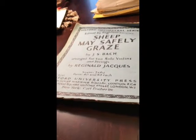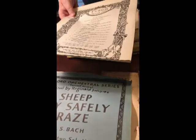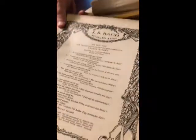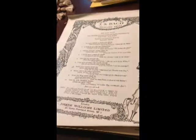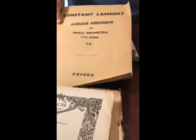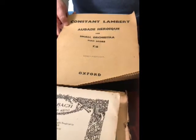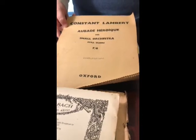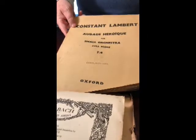Here's some more arias of Bach, and this was published by Joseph Williams Limited in London. Here's a similar one. Constance Lambert is a name that pops up in American history books as an important name in British music of 100 years ago. The heroic evening song, Bad Heroique, and a small orchestra plays that, 7 shillings 6 pence,